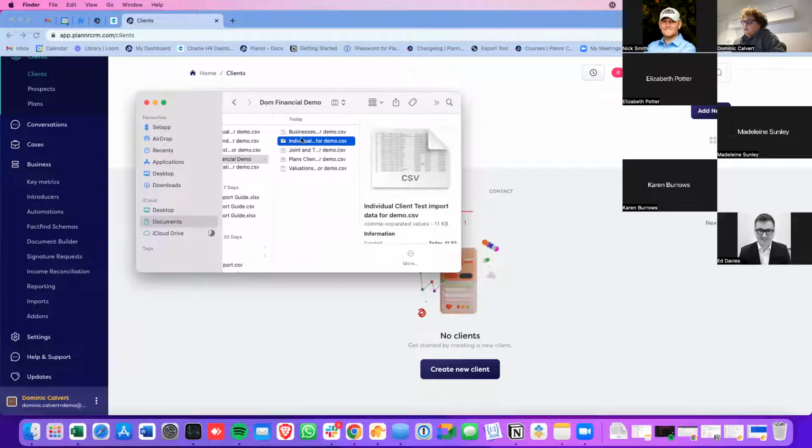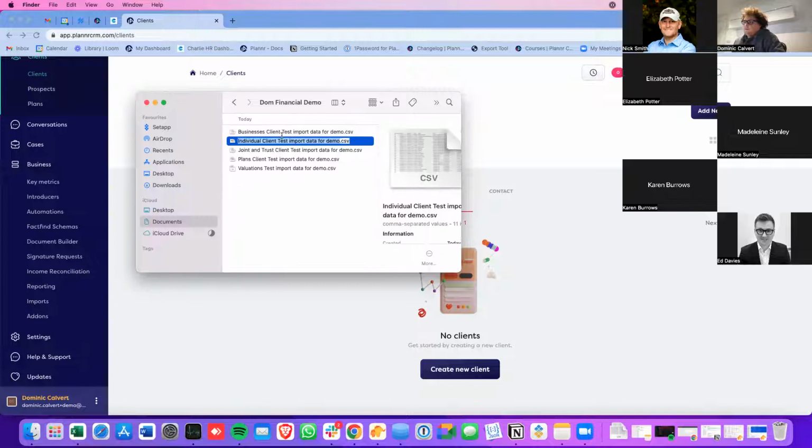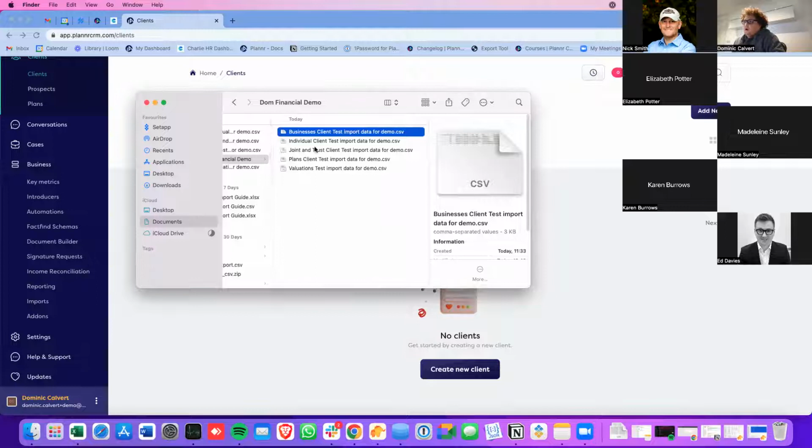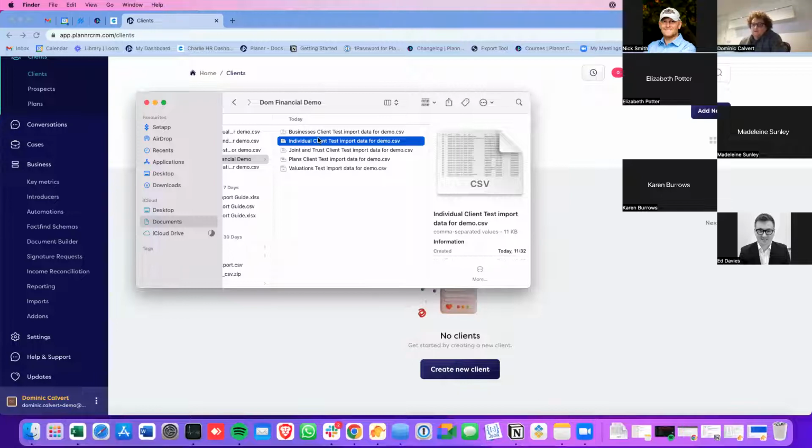So here I've split the clients into individual clients, business clients, and joint and trust clients. The first thing we need to do is put the individuals into the system, because we can't put the joint, the trust and the businesses in until we have an individual to assign them to. So if we open up the individual one now,